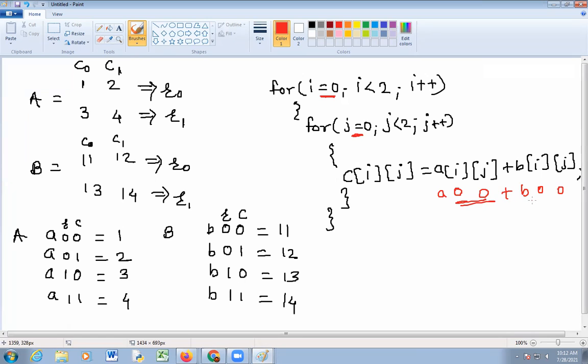So go to these index numbers. A of 0, 0 element is 1 plus B of 0, 0 element is 11. It means 1 plus 11, it becomes 12. So store at the location C of 0, 0. So C of 0, 0 is equal to 12.